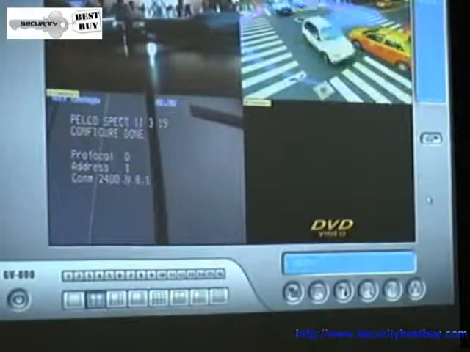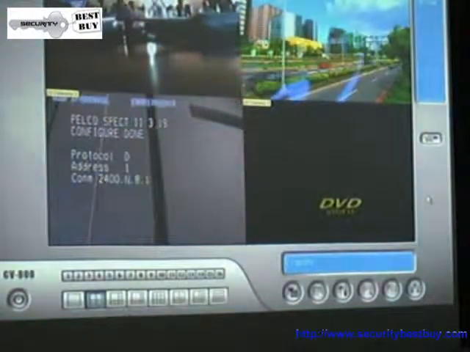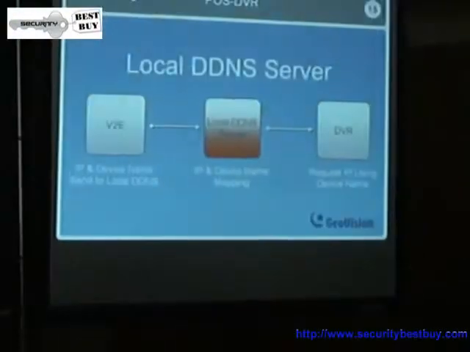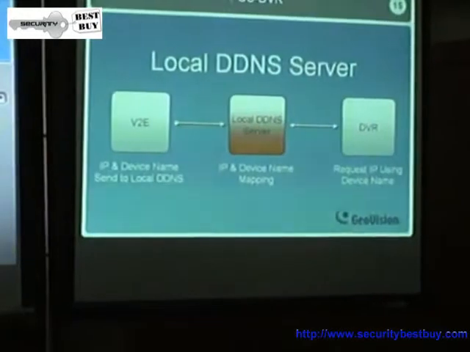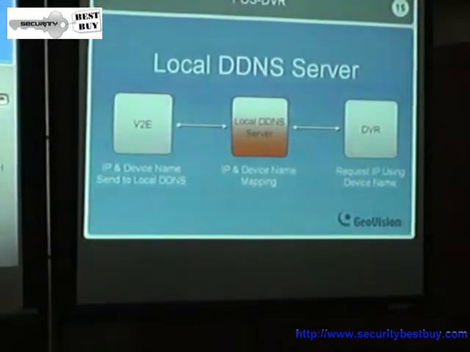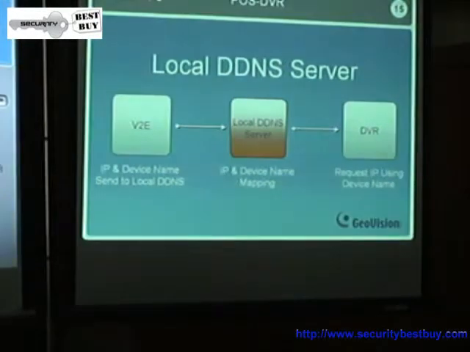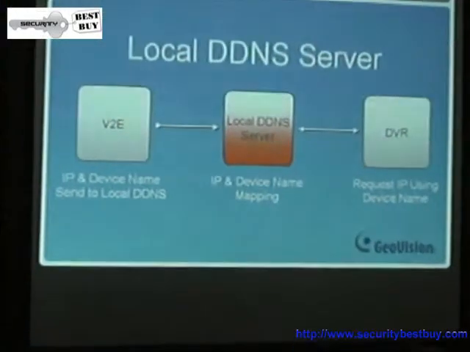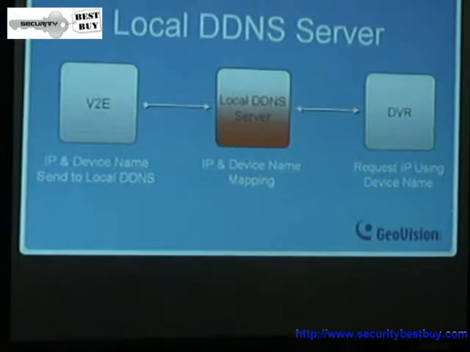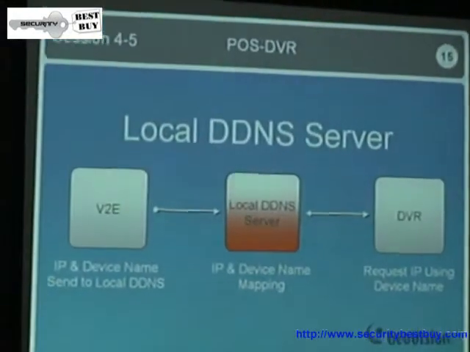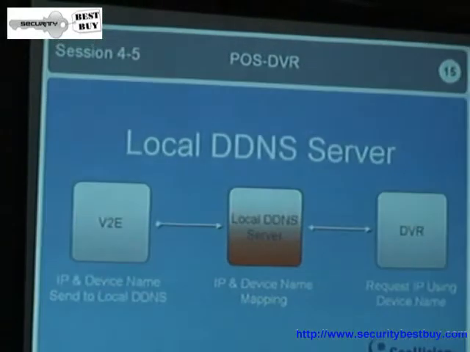And so now I'll tell you more about the local DDNS server. If you want to connect using DHCP mode, local DDNS server must be installed on the DVR or a separate PC on the same LAN. And local DDNS server can be found again on our installation CD. And I'm going to show you